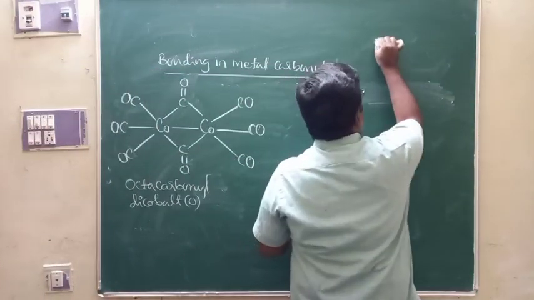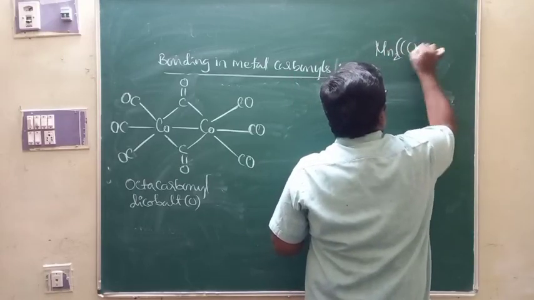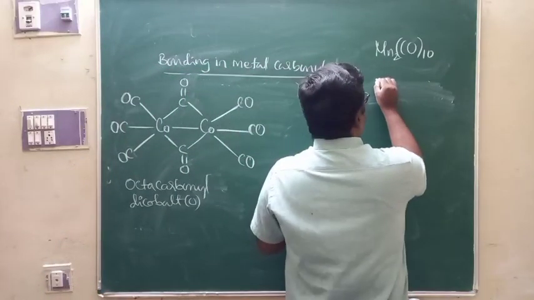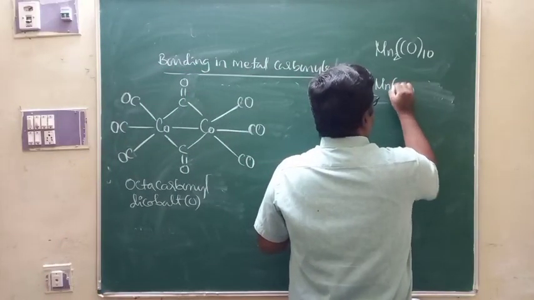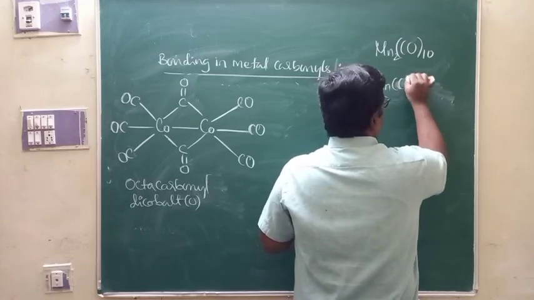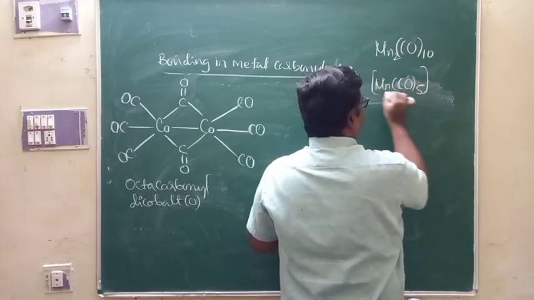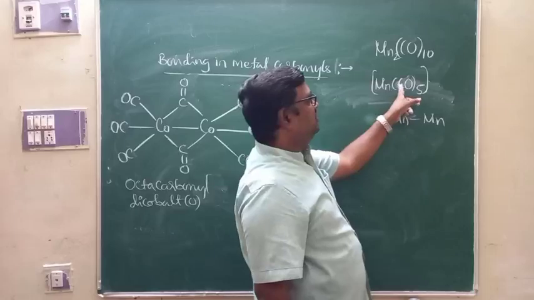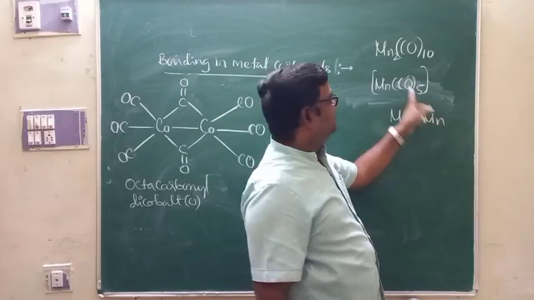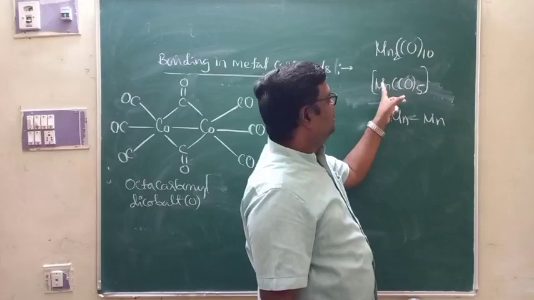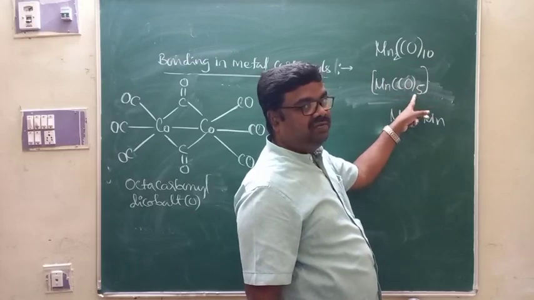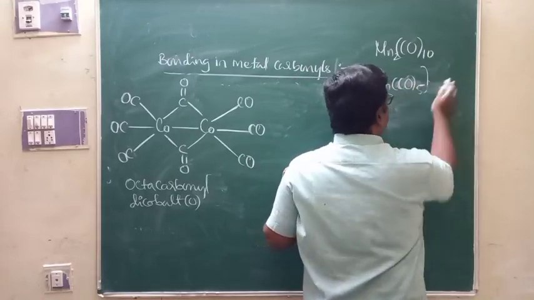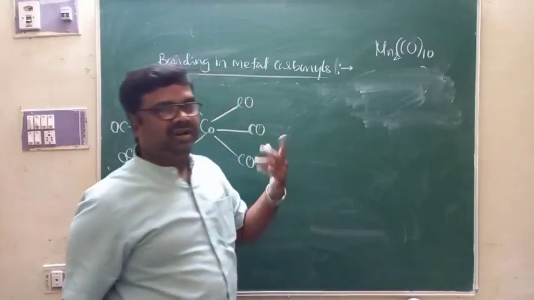If you look at the structure of Mn2 CO 10 times, its structure is a combination of square pyramids of this particular unit. The square pyramids of 2 MnCO5 units are linked through manganese atoms. Mn2 CO10 is made of 2 MnCO5 units, and these 2 MnCO 5 times units are joined through Mn to Mn single bonds. You are going to get the structure there.